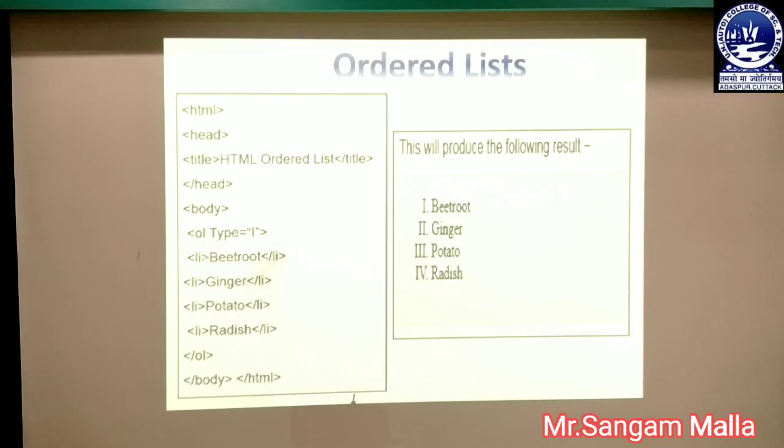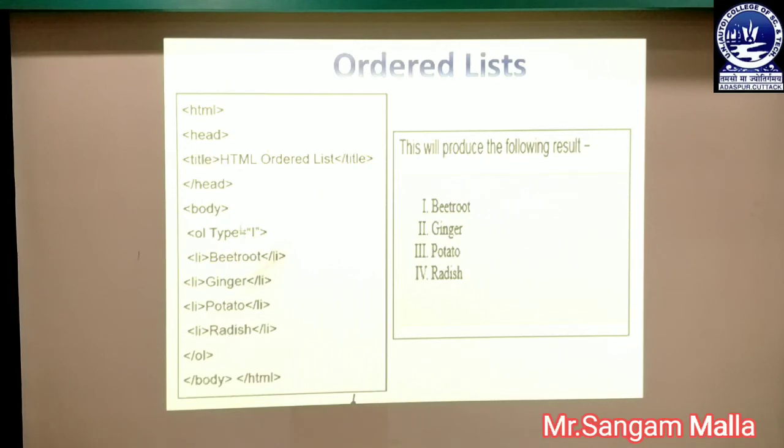In this way we can change the values of the type attribute, and the same will be reflected in the web page. Whatever value we specify in the type attribute of the OL tag, that numbered bullet will be reflected in the web page. If we want to give the bullets of the different list items as capital A, we can simply write type equal to capital A over here.